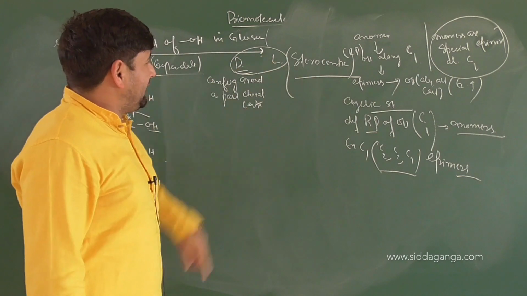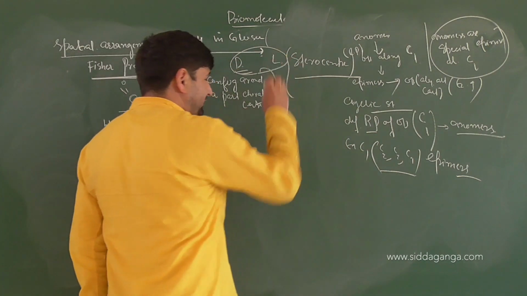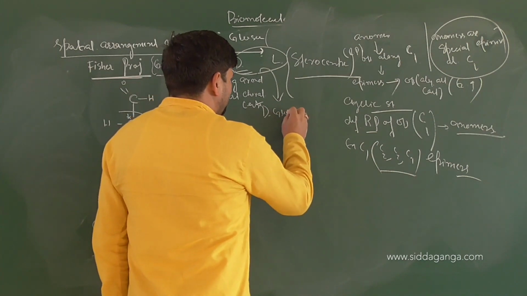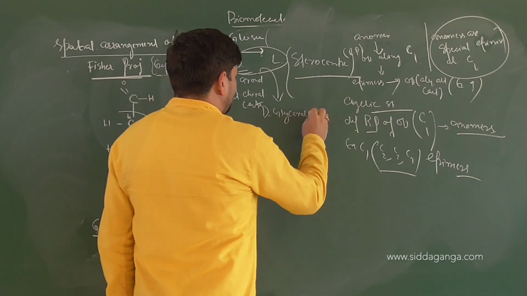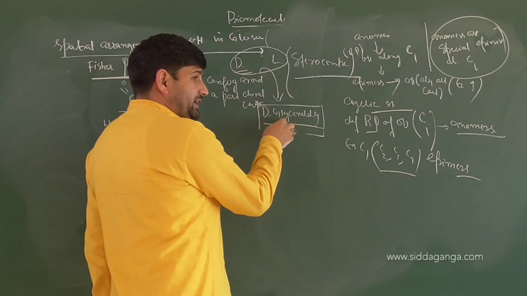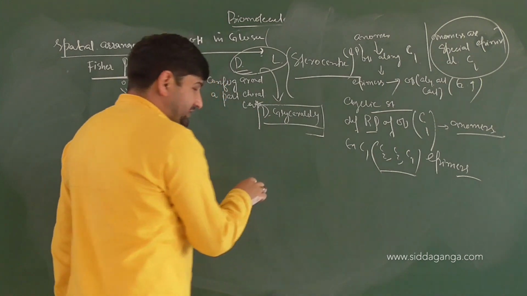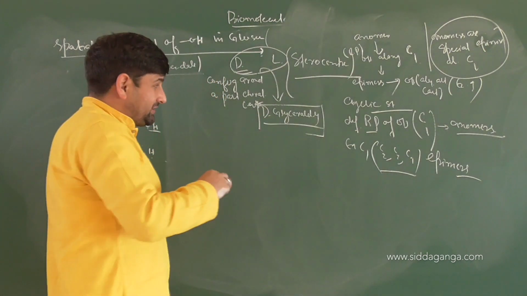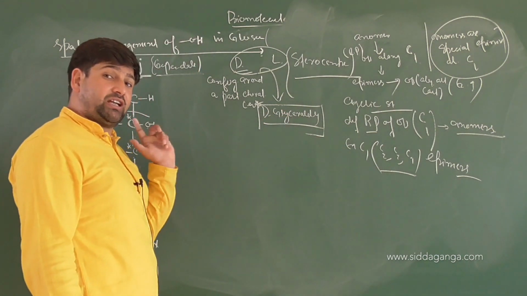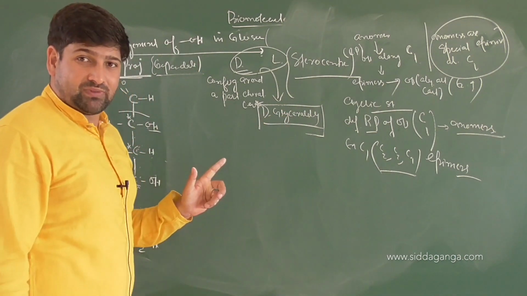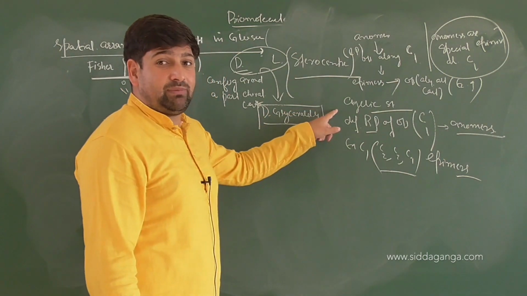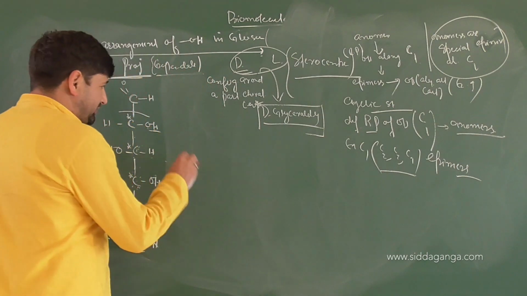The names D and L are actually derived from and related to D-glyceraldehyde. That is our base. So with respect to this base, if the OH is present on the chiral center in the same way as it is present in D-glyceraldehyde, we call that D-glucose or D-mannose or D-galactose. If it is like L-glyceraldehyde, then it will be in the form of L. I will tell you the glyceraldehyde structure first of all.